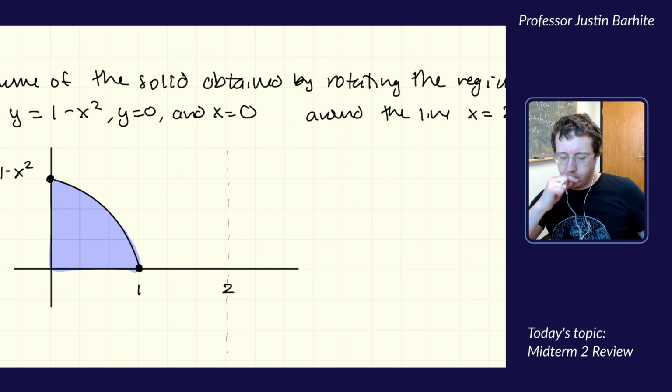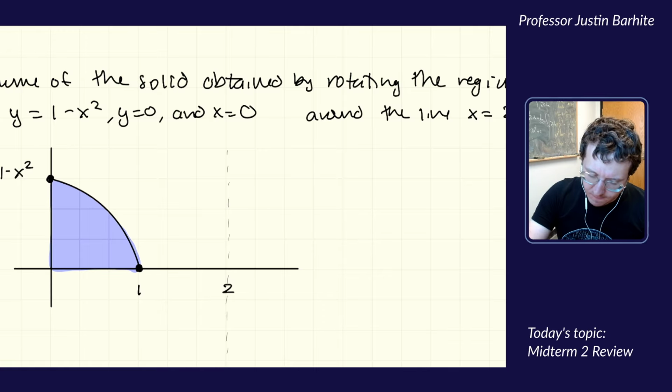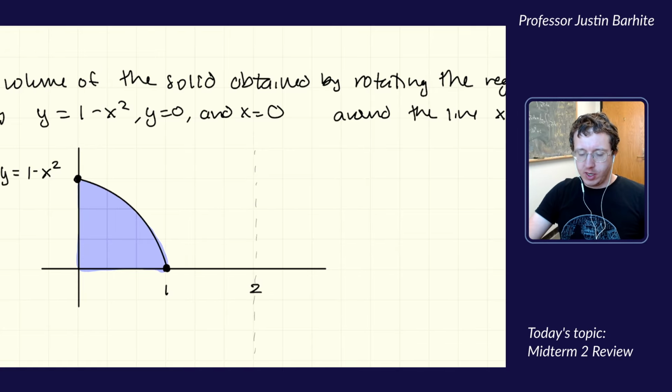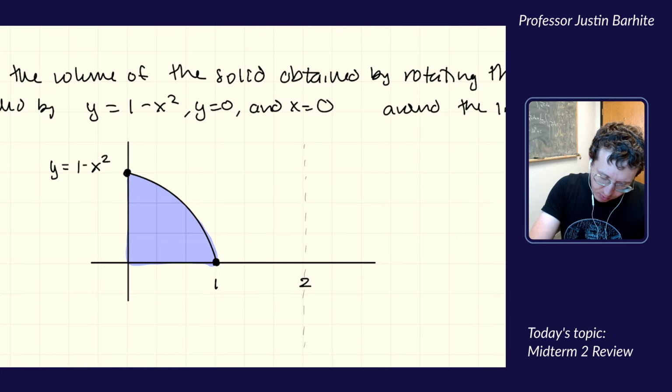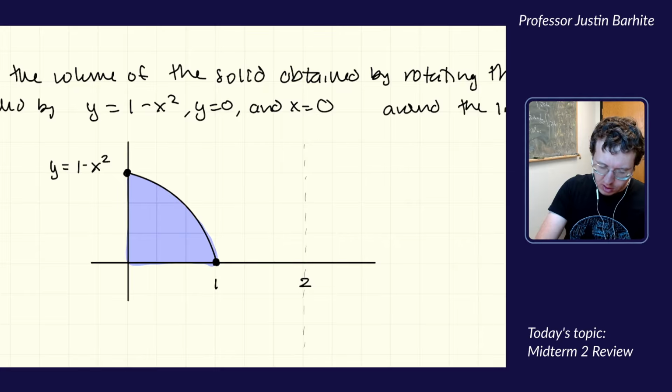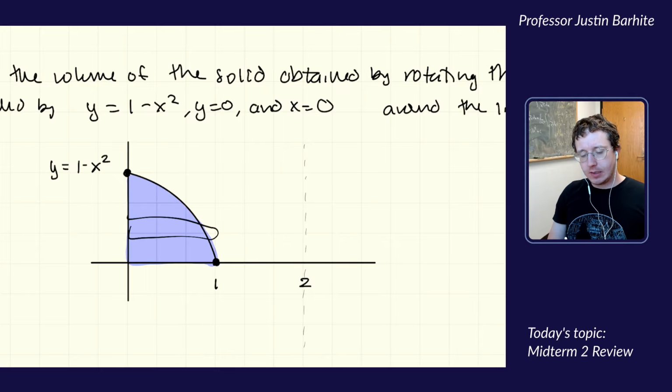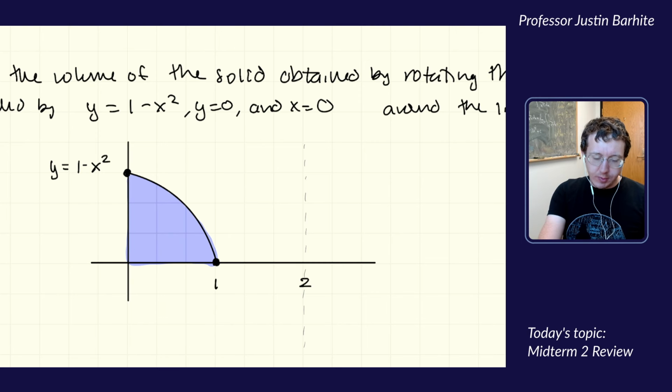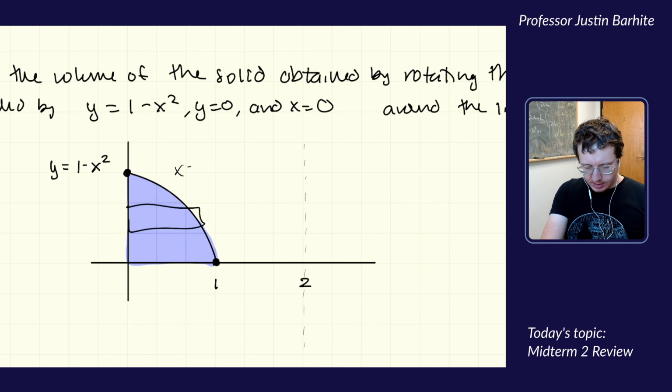If I rotate around the line x equals 2, once again, I'm not worried about formulas. I'm just going to think about whether it seems easier to break the area down into vertical rectangles or horizontal rectangles. I think vertical rectangles are going to be easier because my function is 1 minus x squared. If I wanted to do horizontal rectangles, I would have to rewrite this as x equals the square root of 1 minus y, and then I would have to integrate